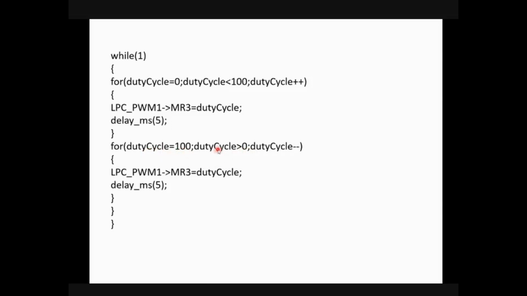If it is greater than 0, you decrease the duty cycle, and whatever the duty cycle value is, load it into match register 3. The same thing will be given to the PWM pin output, and we will continuously get a variable duty cycle PWM waveform with a delay value of 5.